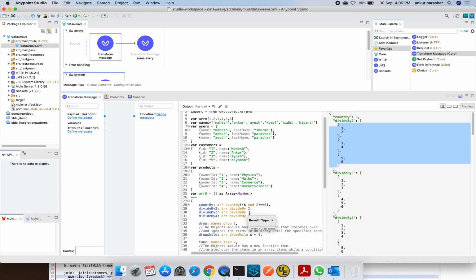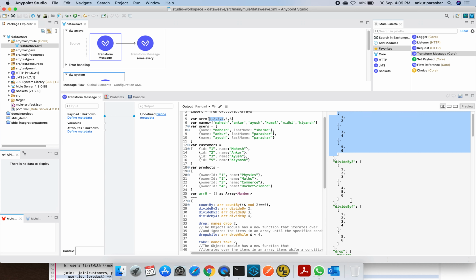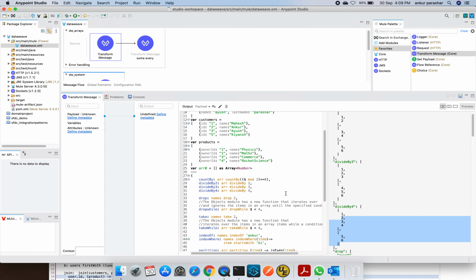What about 3? 6 is also divisible by 3, right? So again it will divide into 2 halves, 1, 2, 3, and 4, 5, 6. But what if we have a higher number, let's say 4? It will make a first group of 4 and then 5 and 6, like this you can see here. Okay, so this was about divideBy.